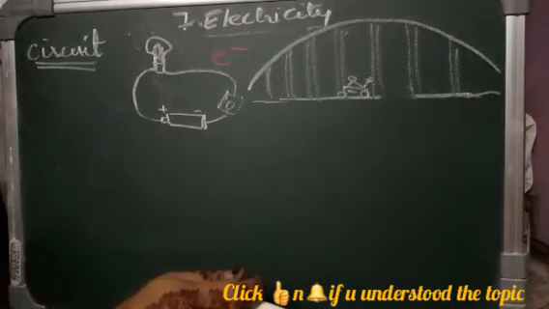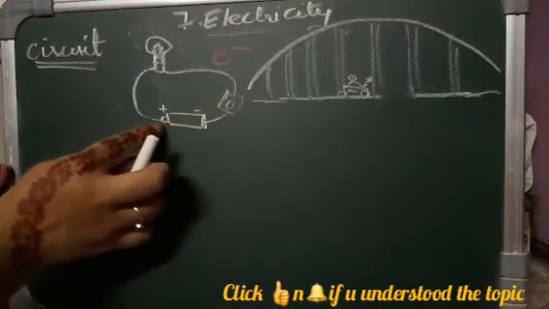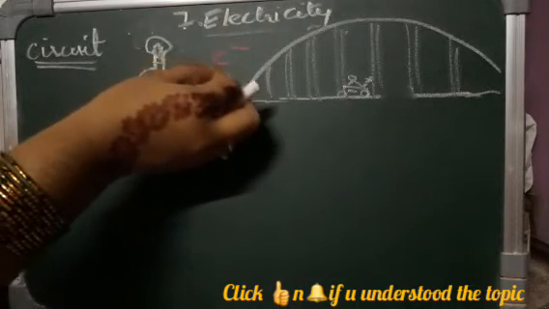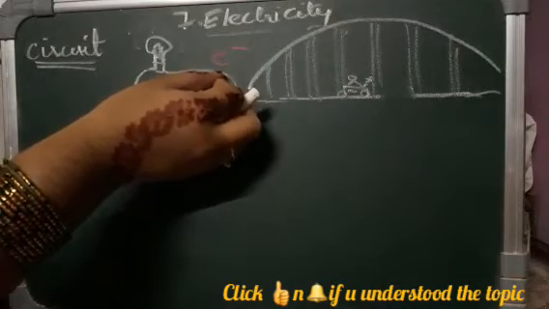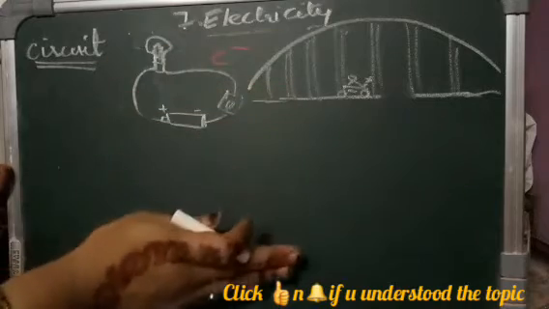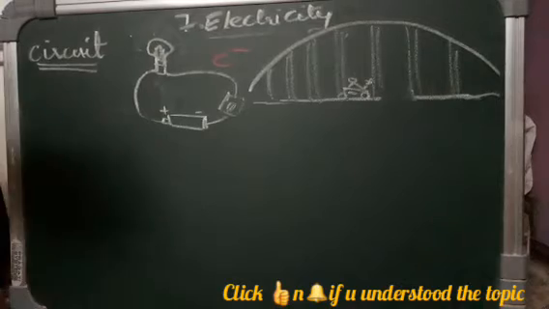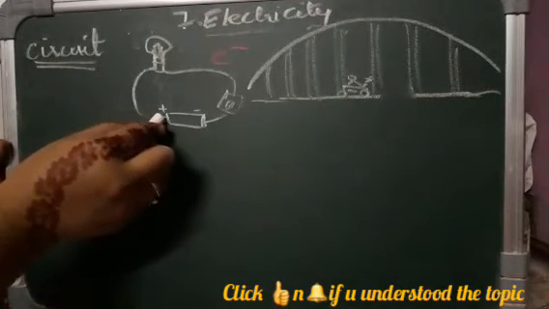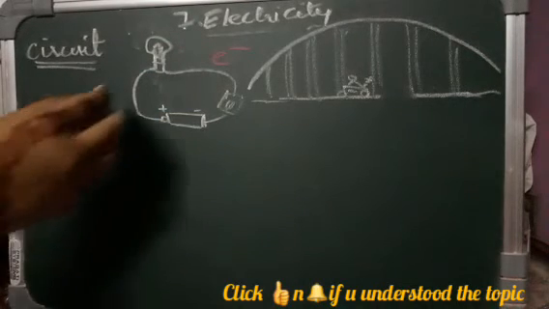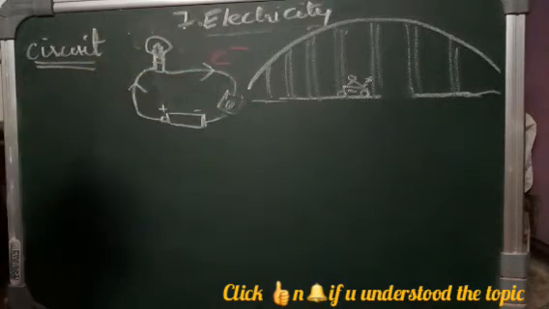bridge? No, isn't it? Similarly, here when the switch is on, the electrons are moving. So these electrons are acting like a path of light current. So when the switch is off, that means when the passage is blocked, then the electrons stop moving. Always remember, the electrons move from the positive end to the negative end. The flow of electric current takes place from the positive terminal to the negative terminal.